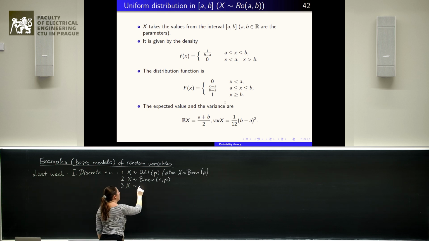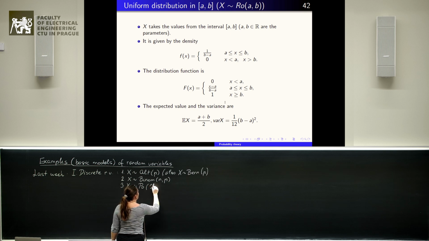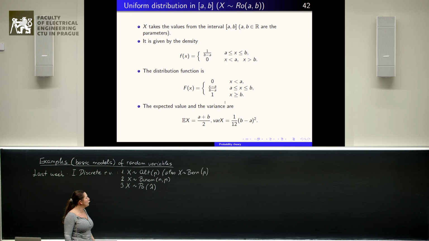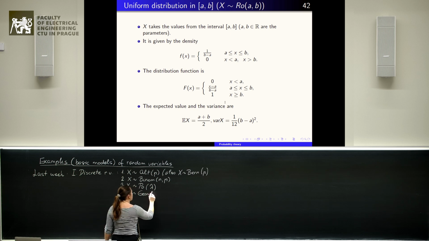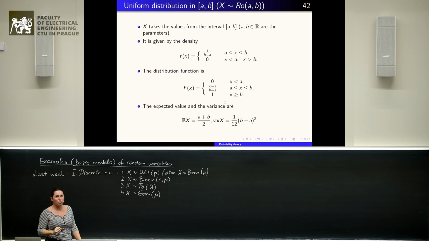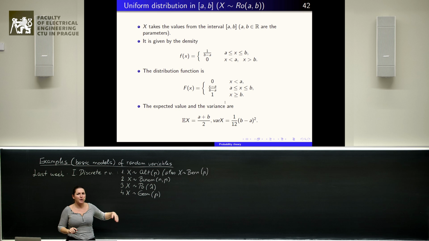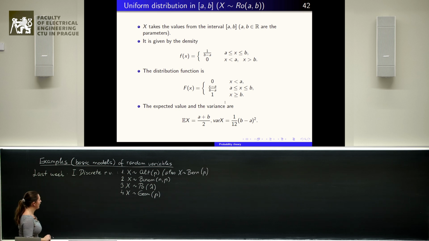The third example, the third model, was the model of Poisson distribution of probability, which was the model for the number of events in a given time period, or it can be used for a given area or on some length. But usually we use it for the number of events in some time interval. And the last example was the example of geometrical distribution, which is used for random numbers describing the number of failures before the first success. So it was the topic of the last week,